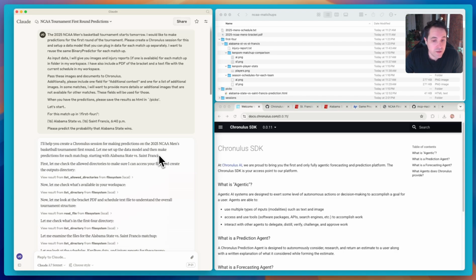Along with forecasting, you can now just do generalized prediction. So the other feature that I'm releasing in version 11 is the ability to do binary prediction. So think of something like logistic regression, but with a multimodal input. So you can basically ask open form questions like what's the probability that an interest rate will increase over the next 30 days, and our model will try to answer that for you and give you the justification as well as the well-calibrated probability estimate for that question that you asked.